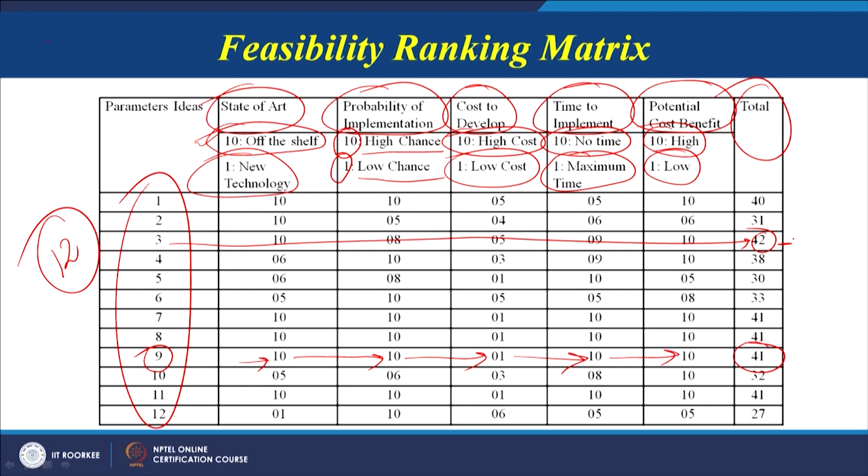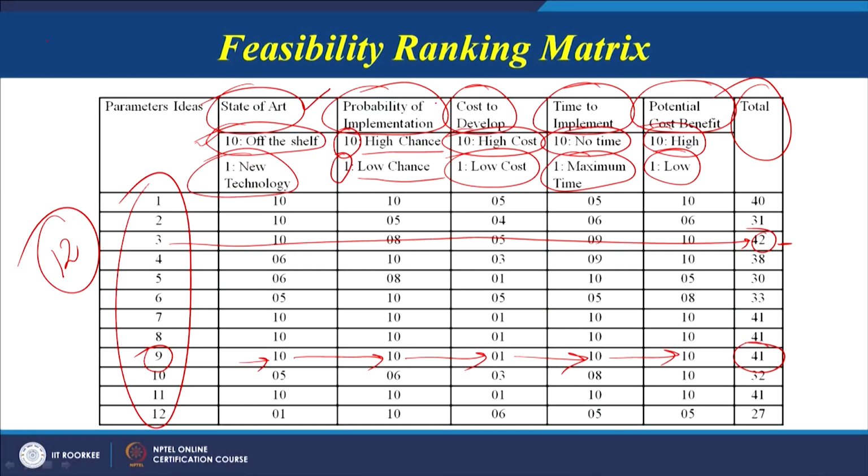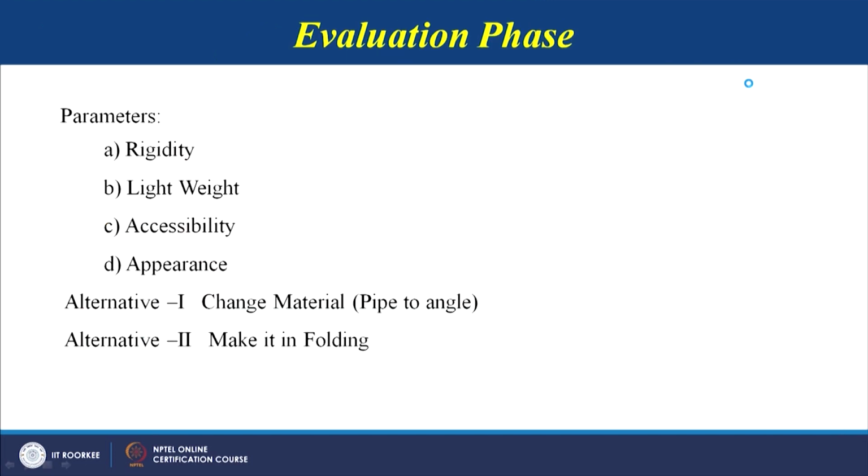Based on the criteria we will decide on the ideas. Now we have ideas, and we have to evaluate those ideas. We have to find out, based on certain criteria, which ideas can be taken forward, and we have already made a ranking of our ideas based on the criteria we saw in the previous slide: state of the art, probability of implementation, cost to develop, time to implement, and potential cost benefit. The authors have given this table, and based on that, further criteria will be used